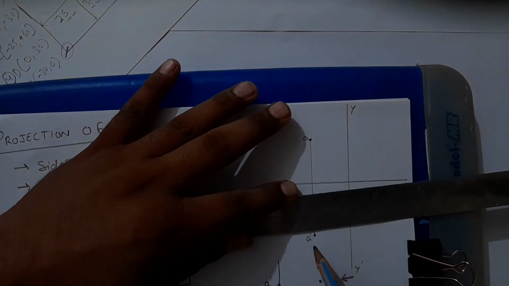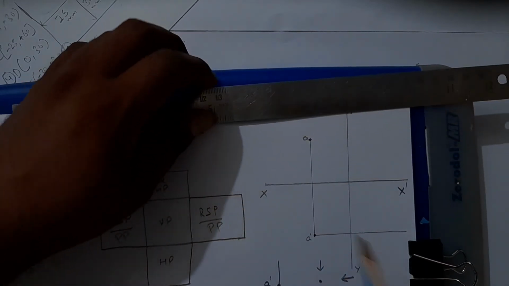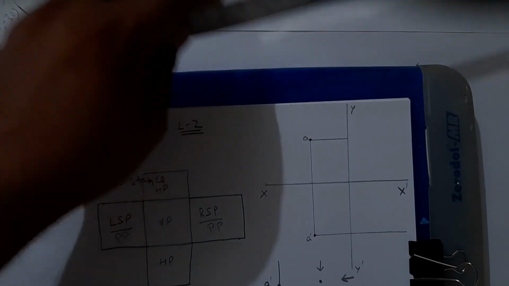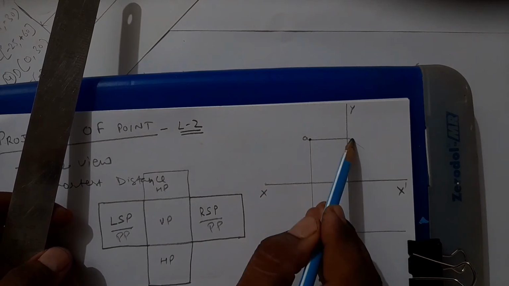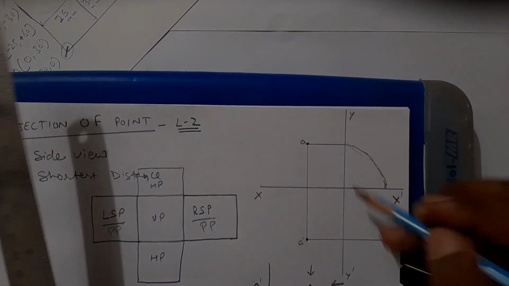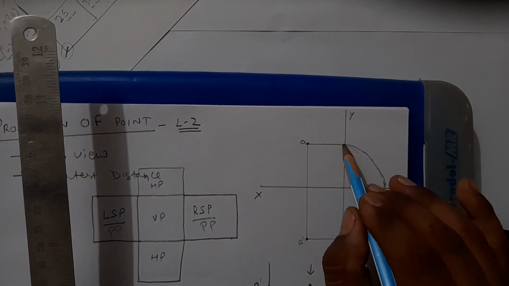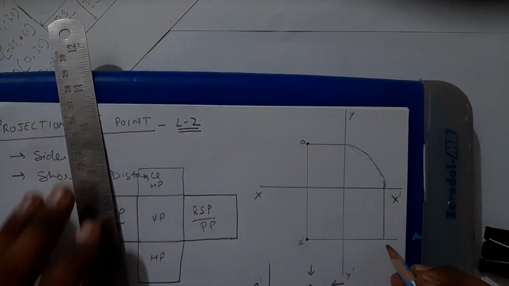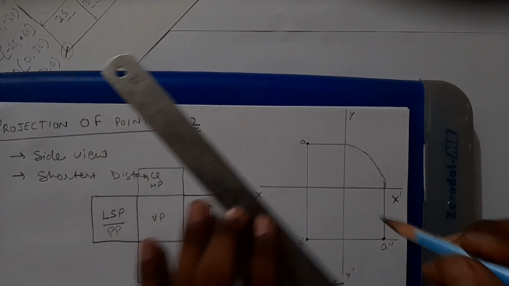In the same way we will plot A dash from this area, and A from this area. The procedure is the same, only the orientation is different. Now you can plot this area over here with an arc using a compass, or you can plot a 45-degree angle line over here and straight join that. It will give the same result. Here we will join, and it will give A double dash. Darken the actual view, and you can measure